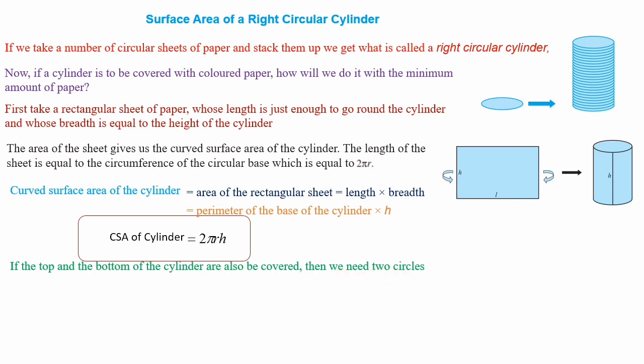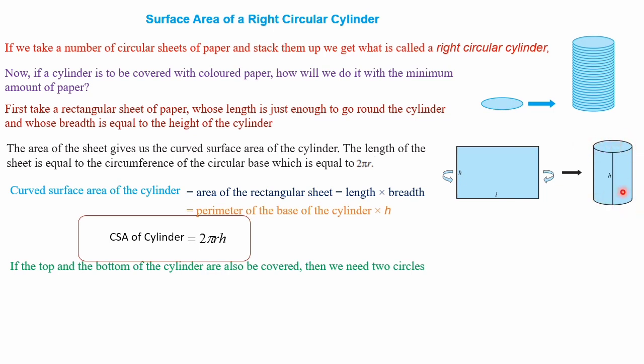So we have already covered the outer portion or the curved portion of the cylinder. Now, as I said before, the upper portion and bottom portion, the bases, we have just removed. Means we didn't cover these two portions. So if we want to add these two portions, it is quite simple. Along with this curved surface area, we have to add two circles' area. So here there is one circle and at the bottom there is one more circle.